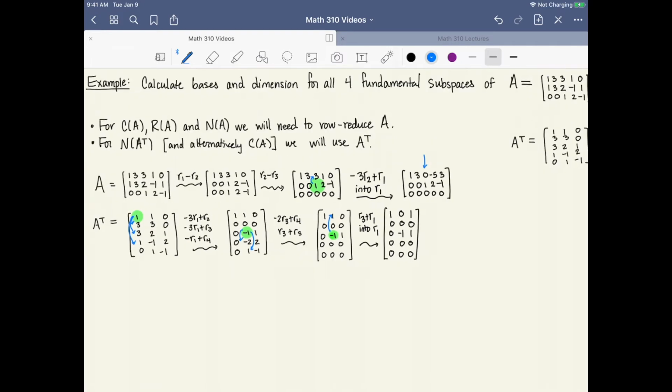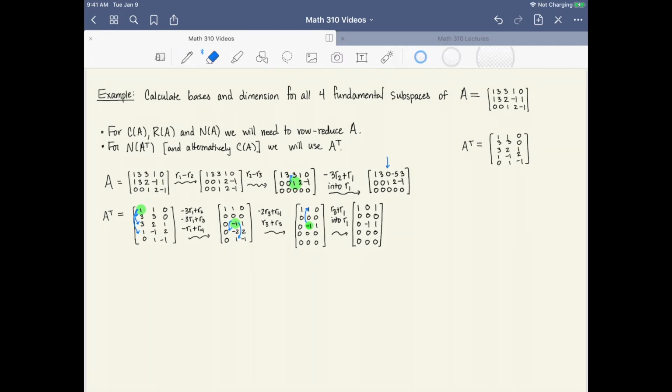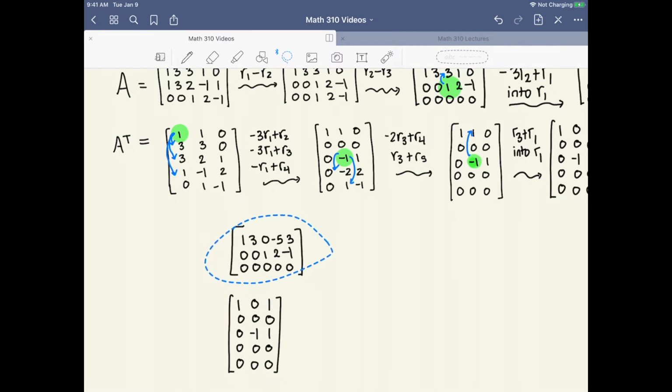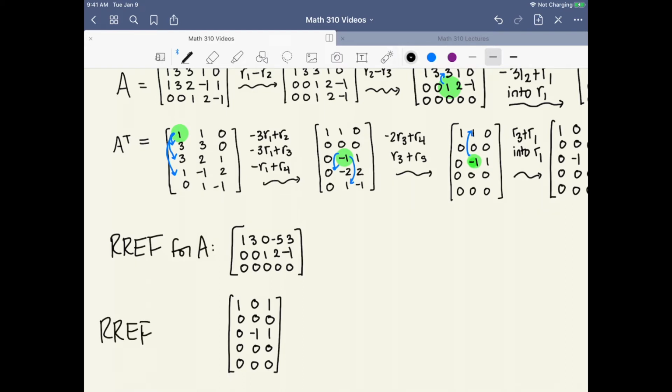And after I do that, I get the reduced row echelon form of both of my matrices. I'm going to copy them down below because I'd like to do a little bit of highlighting. So let's take the reduced row echelon form of A and the reduced row echelon form of A transpose and look a little bit more closely at them. Let me jot down what these are. Okay, so we have our reduced row echelon form for A here